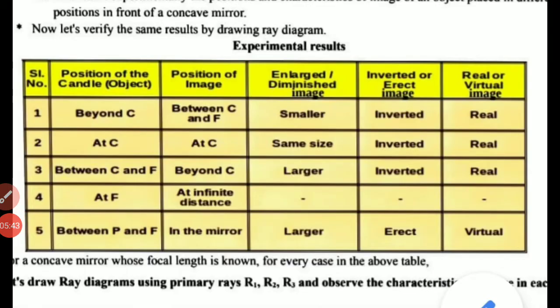Hope this table is already with you. So with this table, all the above discussed cases can be covered in a single tabular form. You can once again recollect the position of object and image and the characteristics at once. So at a glance, you can simply memorize all the things, and this is a table which can be concluded even after an experiment which we will be doing later after our school begins. So to find the focal length of a concave mirror using a candle, there also you can see this table.